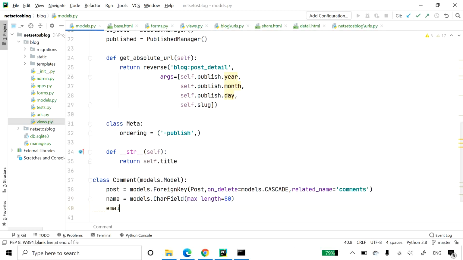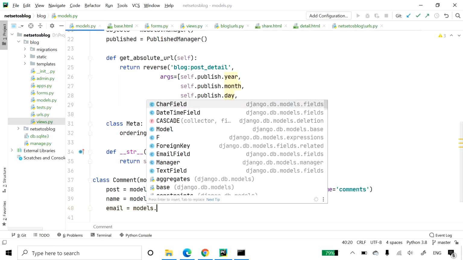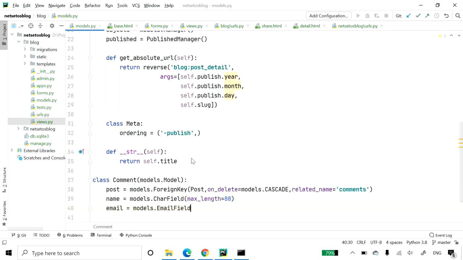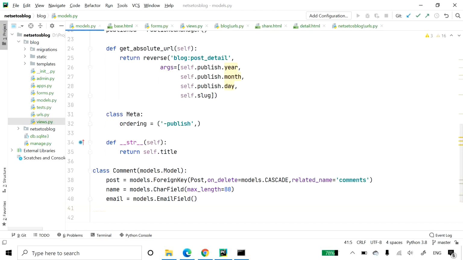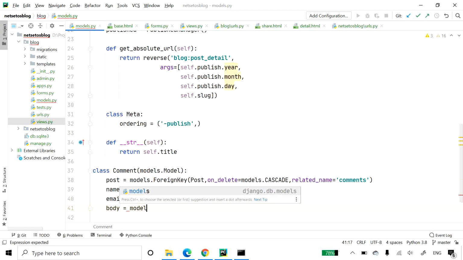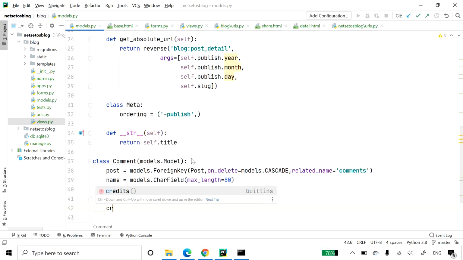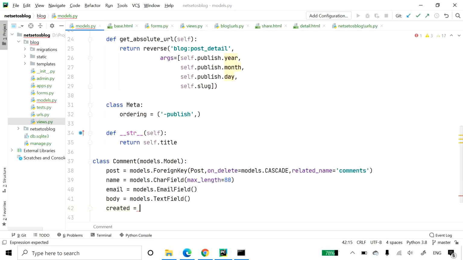Then I will give email ID. So email, which will be models.EmailField. Then body, models.TextField. Then I will make created, which is on which date it was created.